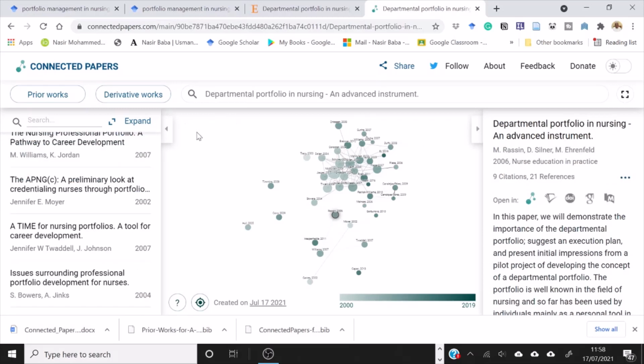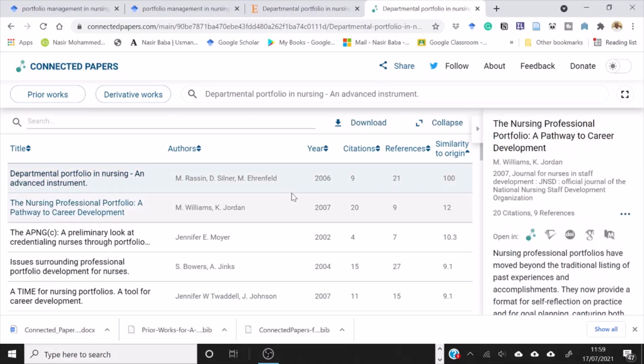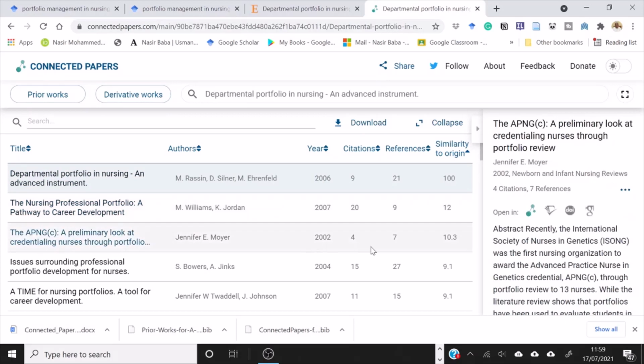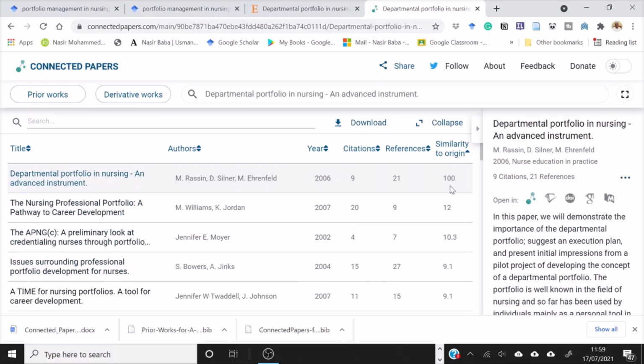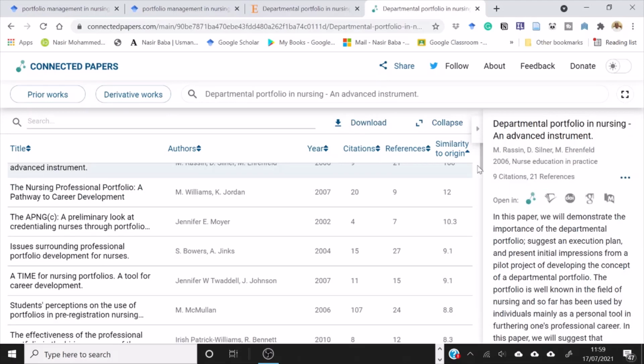You can expand the view of the list of related papers that are to the left. When you do that, notice how some vital metrics are populated for each article, including its authors, year of publication, and the number of times that it has been cited. Of particular relevance is the similarity index for each article as a measure of its relatedness to the original article. You can also download the entire list of related articles as a BibTeX file which you can then import into a citation manager such as EndNote, Mendeley, and Zotero.